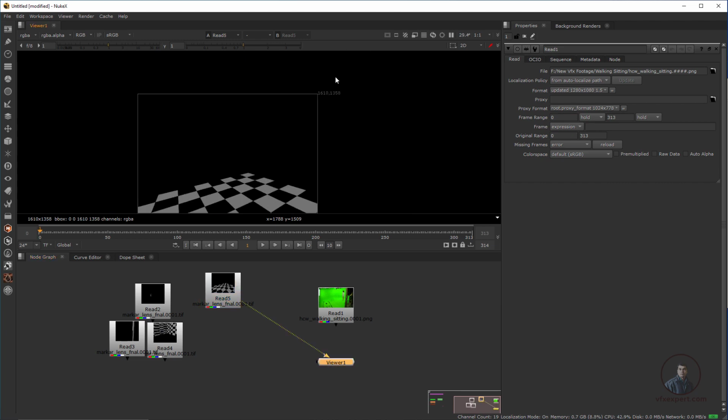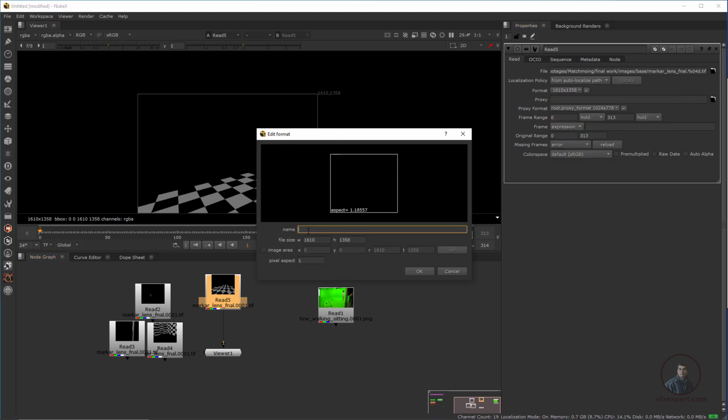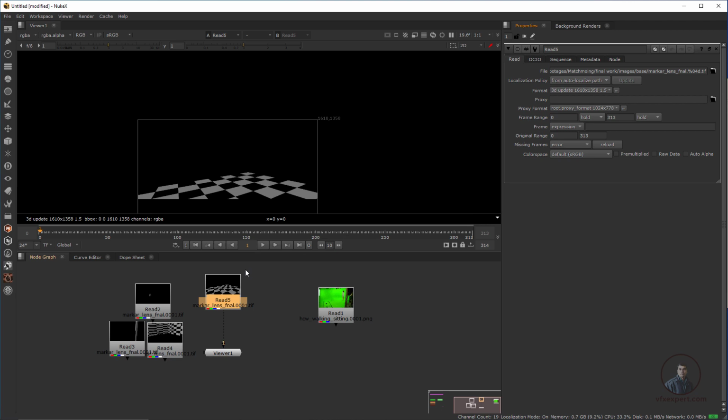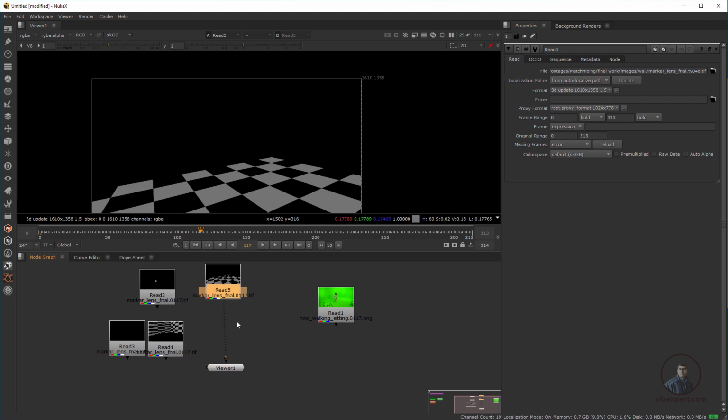Also we have to correct the pixel aspect ratio for this, which is 1.5. Remember this one. Again double click here, click on edit and give a name, like 3D update, any name you can give. Most importantly, the pixel aspect ratio, because the frame size it will take automatically: just type 1.5. Now finally you will see this is our ground plane and this is the wall. All of these have already taken the same aspect ratio. Now we have to merge all these elements.